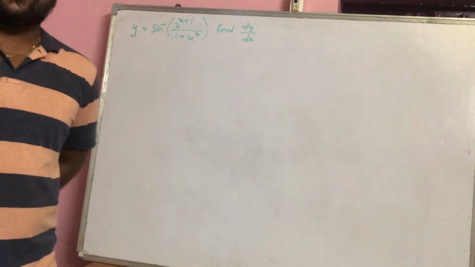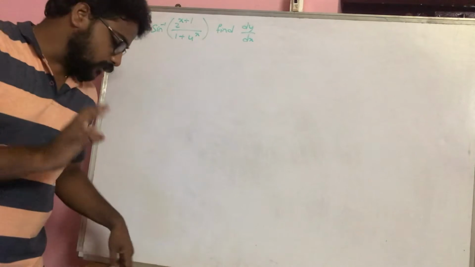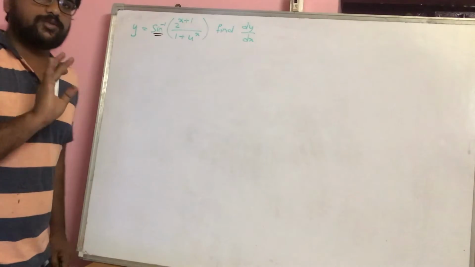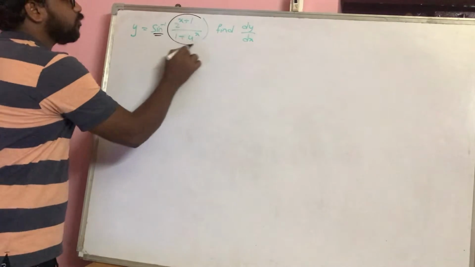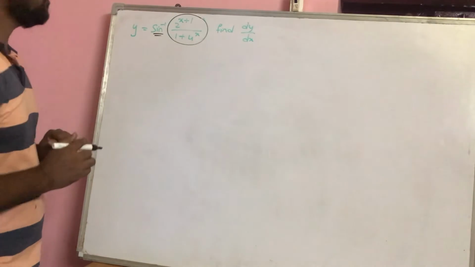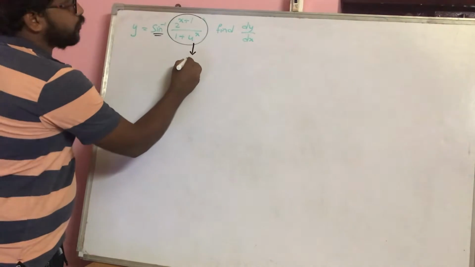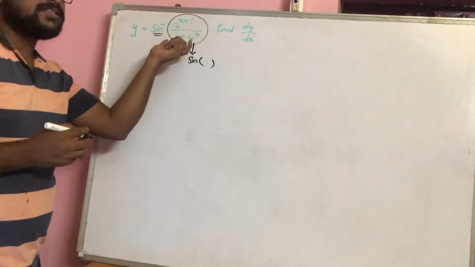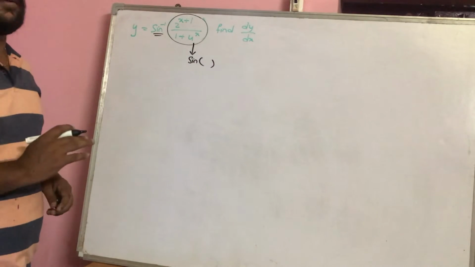The basic point that you have to remember is, whenever you have an inverse trigonometric function, the first and foremost thought that you should get is how to cancel out the given inverse trigonometric function. That should be your basic point to start with. Later you have to think of what substitution is required and proceed with it. If you just observe here, this is a sine inverse function. That means this function should be sine of some angle, right? So first let us do some further simplification for the given equation. Later we will think of the corresponding substitution that we have to take.